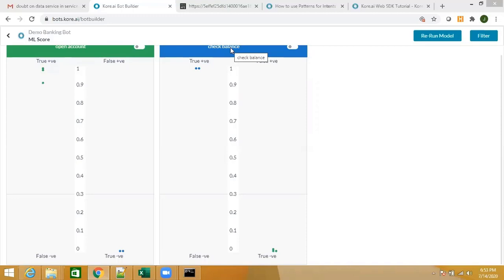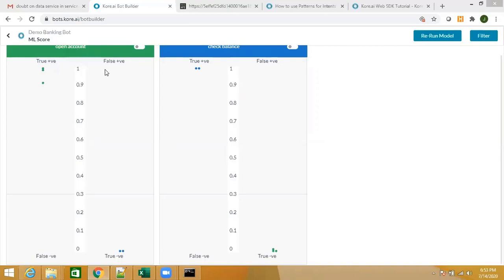These are known as overlapping utterances, and because the ML engine identifies an intent depending on the similarity of the words found, there is every possibility that an utterance trained for some other intent, just because it has words in common with an utterance trained for this intent, is incorrectly identifying this intent.